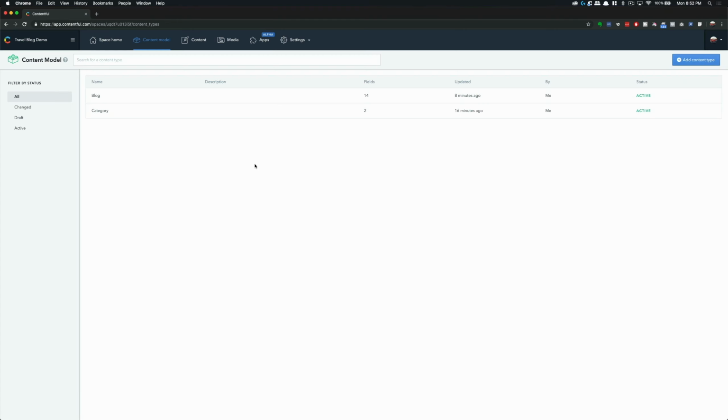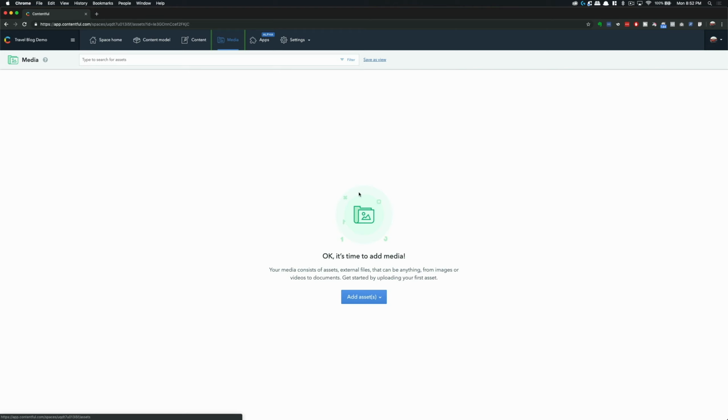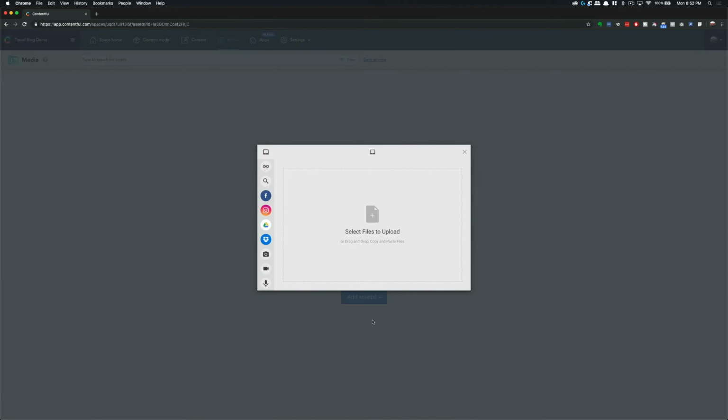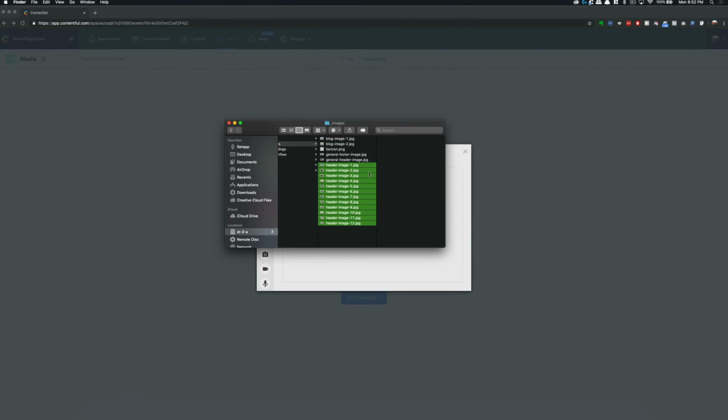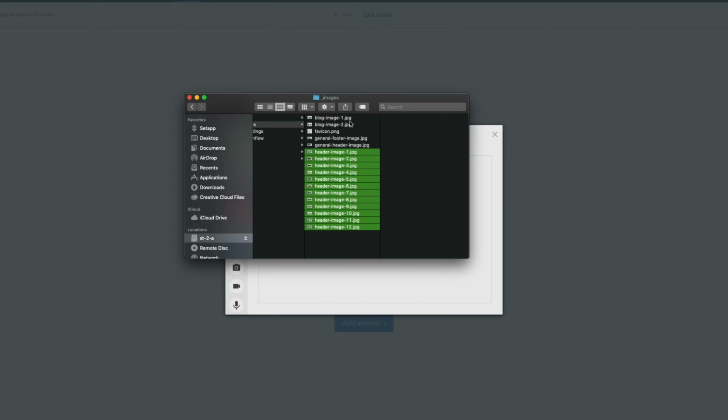So before we actually create our first content pieces, let's go ahead and upload the media. So let's go ahead into media. Click on add assets and then multiple assets. Then we can go ahead and go into the course files, and we can select all of our header images. Then we can select blog image 1 and blog image 2. And the other images here we're going to be referencing and using within Gatsby, so there's no need to upload it to Contentful. Then we just click and drag